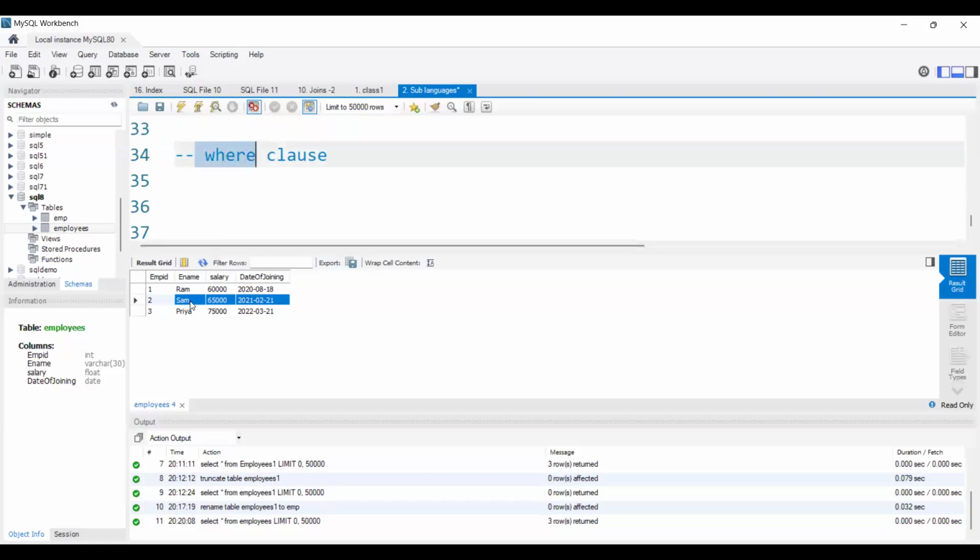Where is nothing but, whenever we wanted to mention any conditions in SQL, we will write those conditions inside the where clause. Use it to give conditions, and accordingly